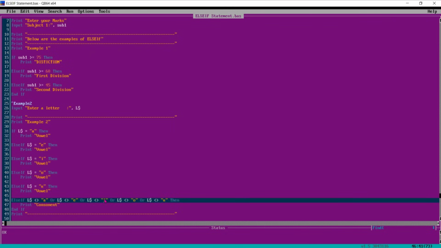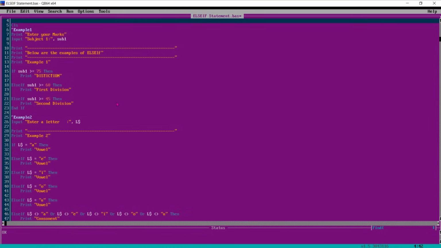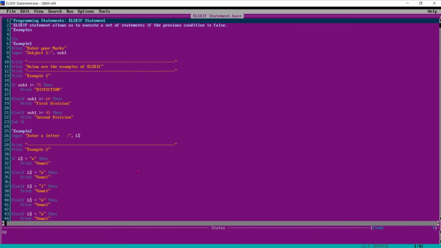Then print consonant. So here we have used else if statements within these two examples. Let's see how it works.